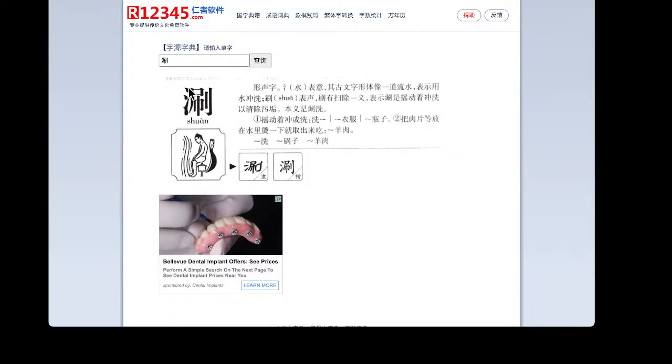Let's take a look at this character. Now this one has the water radical, and then on the right hand side is the character 刷. Okay, now 刷 means what? Brush. 刷 means brush. Okay, swipe and brush. So 涮, and you can think of it,